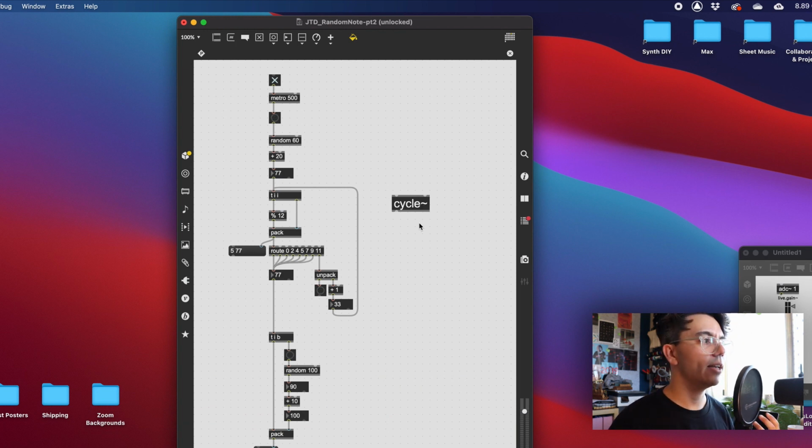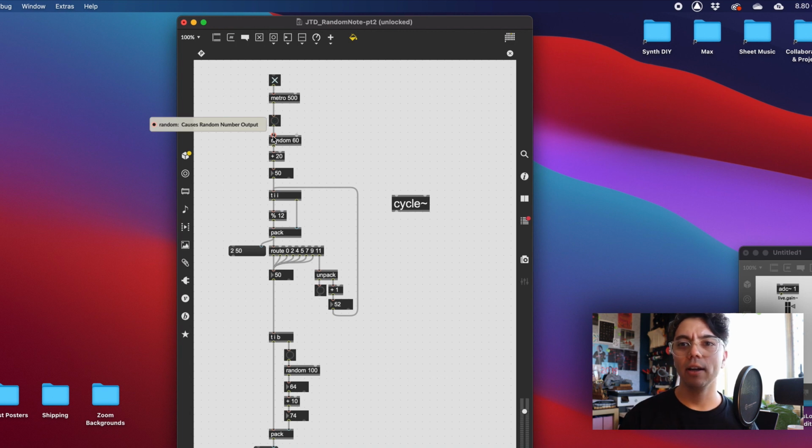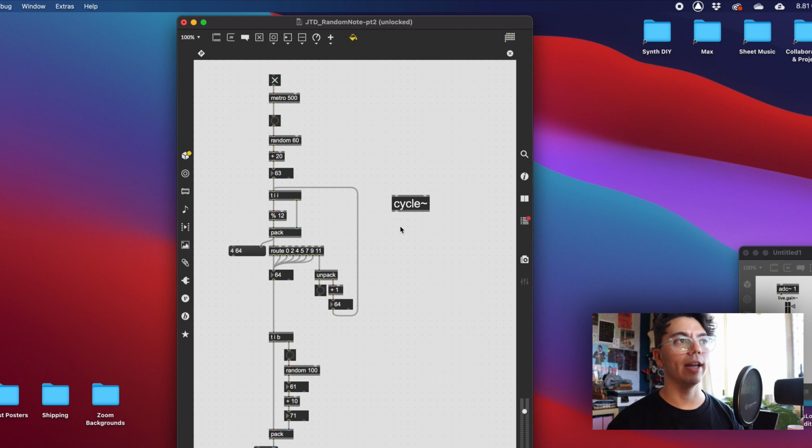So signal rate is that those objects, rather than these objects which are just processing information when they get a new message, so this is just doing its thing every time it gets a new number, or this is just outputting something every 5 milliseconds, and that is just triggering a new random number on a bang. A cycle tilde, a tilde object, is constantly putting out things at tilde rate, at signal rate, which, if you